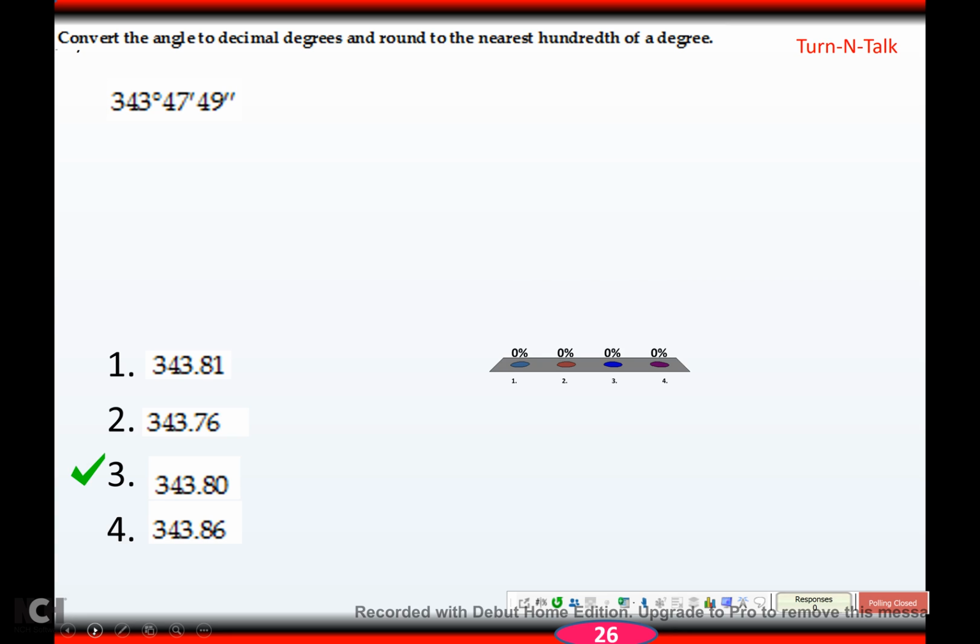And hopefully you got 3. Alright, so I'm going to start with my 49 seconds, and I'm going to convert back to minutes, seconds to minutes. There are 60 seconds in 1 minute. Seconds cancel. 49 divided by 60 is 0.816 repeating. So that's how many minutes I have now, but I don't want minutes. So to turn minutes into degrees, I get rid of minutes, go to degrees. There are 60 minutes in 1 degree. Minutes cancel. Take the repeater, divide it by 60,